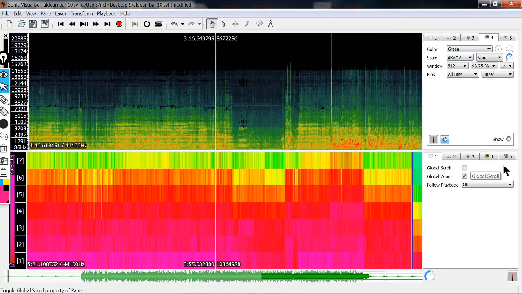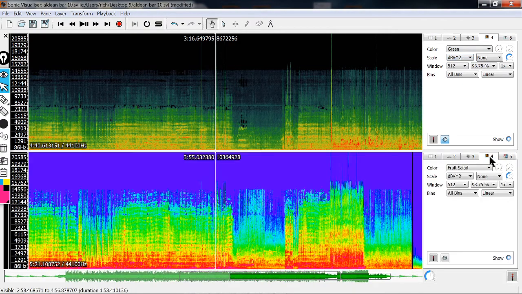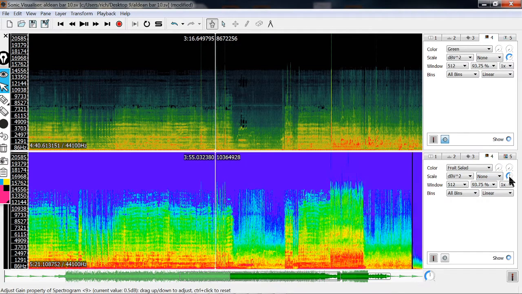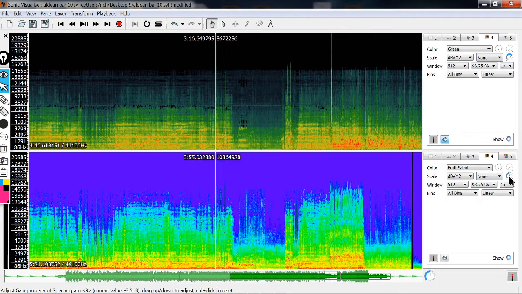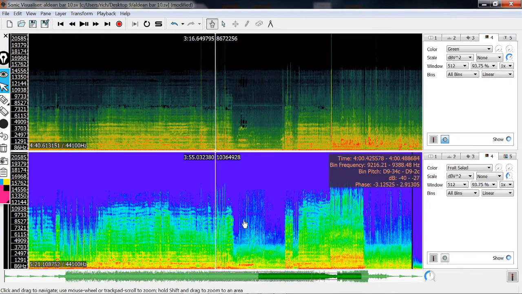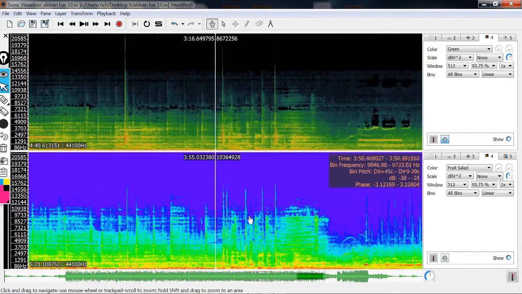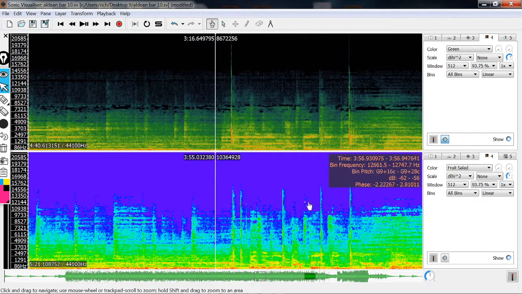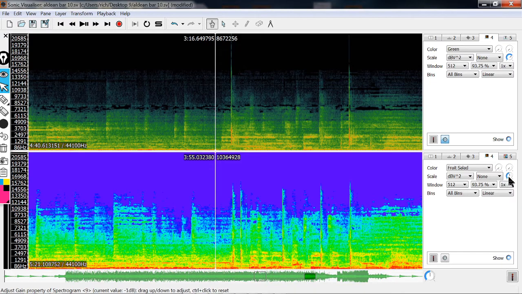So in this case, this is the log frequency spectrogram using fruit salad also. So for example, if I turn down the intensity on the fruit salad and expand out the time scale, then as I adjust it,